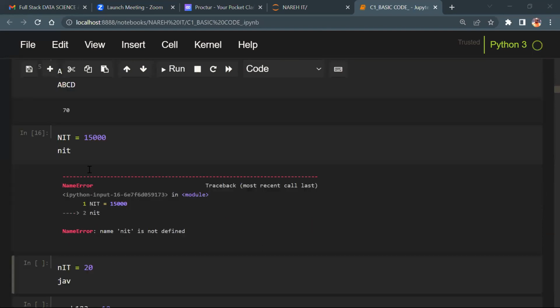I hope you understand. I declared an identifier in capital letters and assigned a value to it, but when I call the identifier with small letters, will you get output or error? Definitely an error. What is this error, guys? Name error.